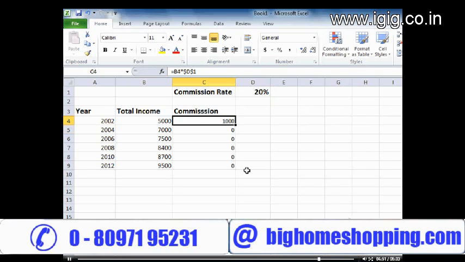Now again copy this formula. For that you will press Ctrl C and then select rest of the cells. And now press Ctrl V for paste. And now you can see it is showing the correct values here. You can see,